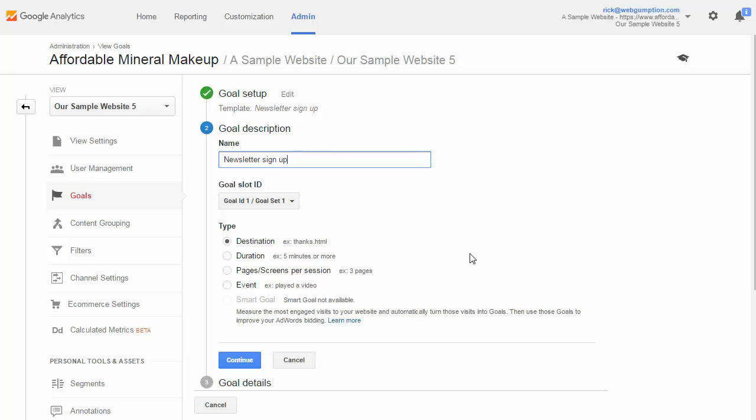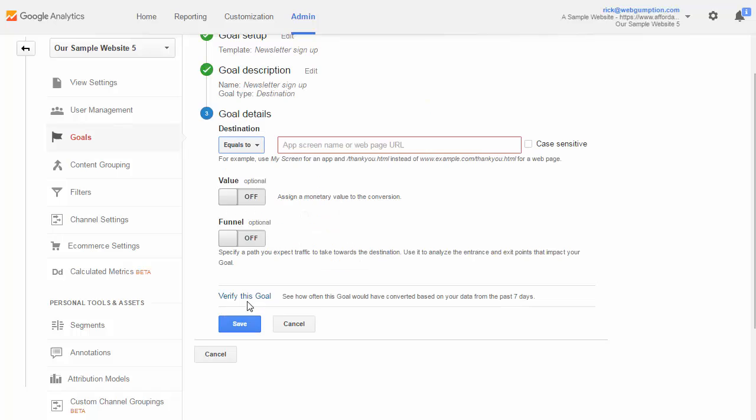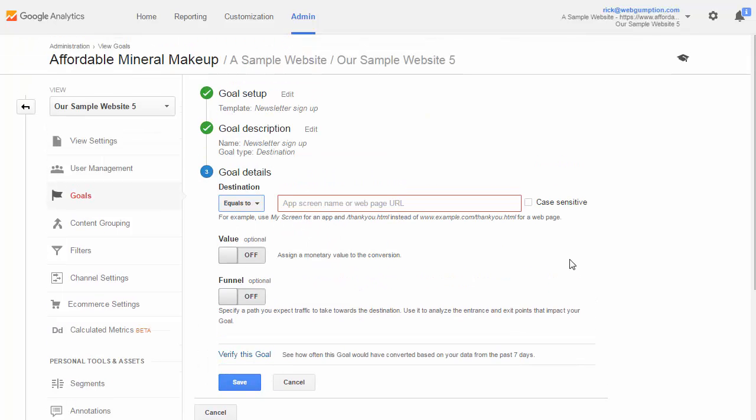So we know that every time somebody hits that page, they've accomplished our goal. And we're just going to click continue. And now we have to configure the actual destination location. So we have a few choices under goal details. We can use a URL is equal to or begins with, or a regular expression. Regular expression is for future courses, but equals to or begins with are the two you'll probably use most of